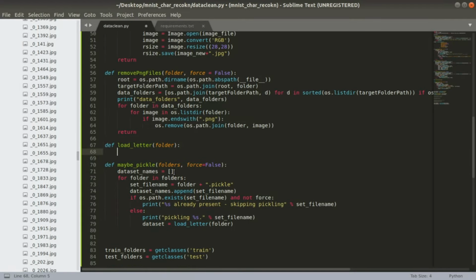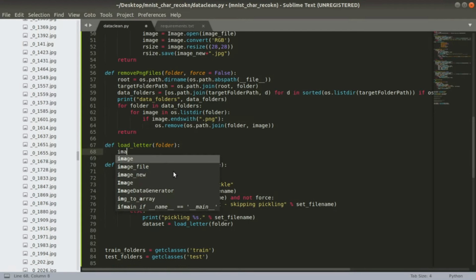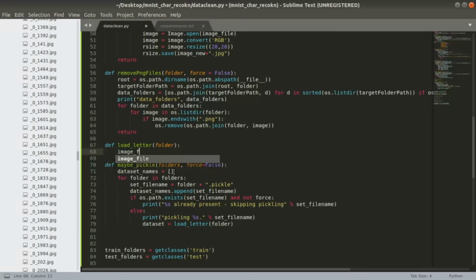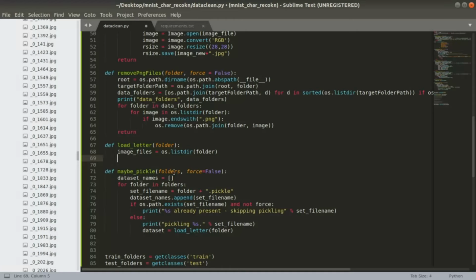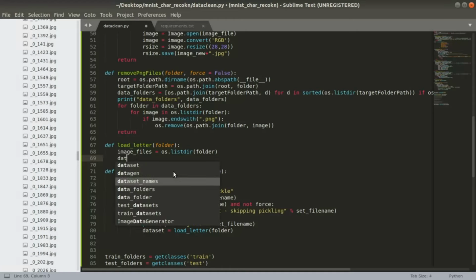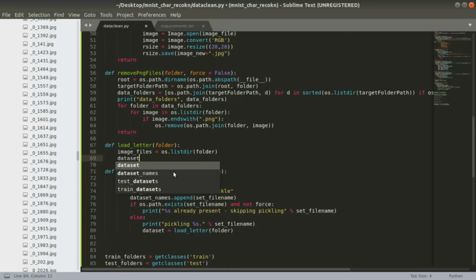First, let's get all the images under each label. We need to create a NumPy array dataset to store all the images in array format.